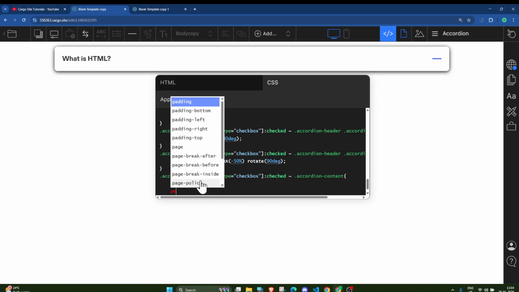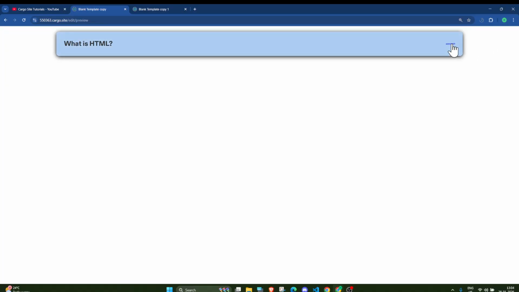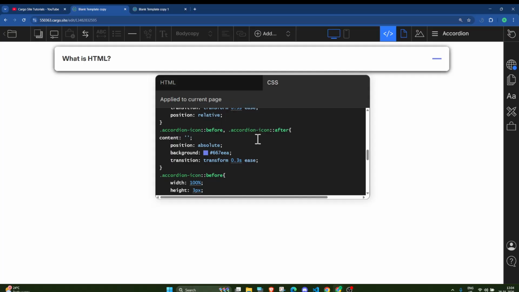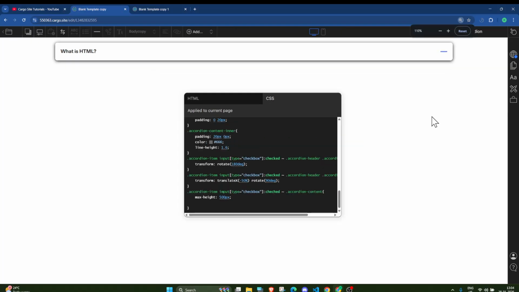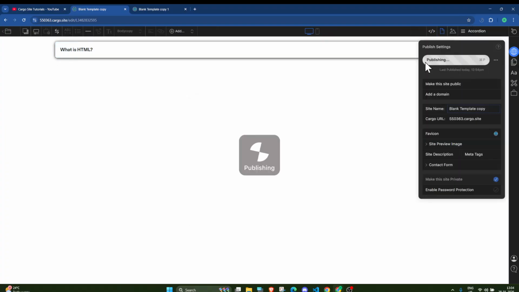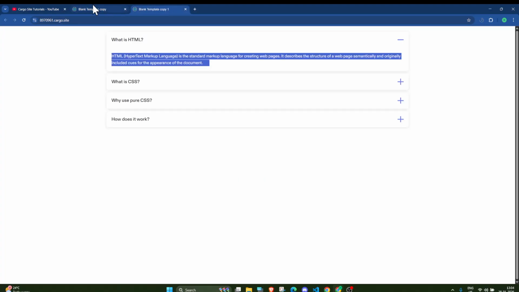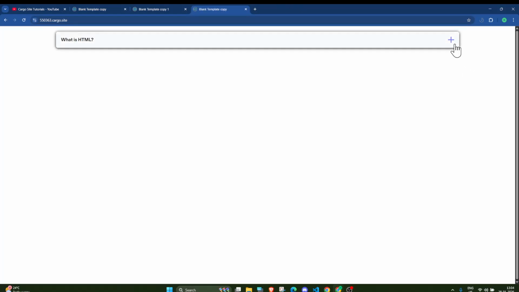And let me see how it looks now. Okay, accordion input, let me see if something is wrong in the CSS. Let me publish the changes and open this in a new tab. Okay, it is not opening, so let me see for the error.